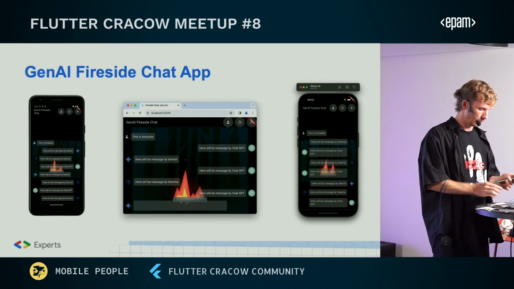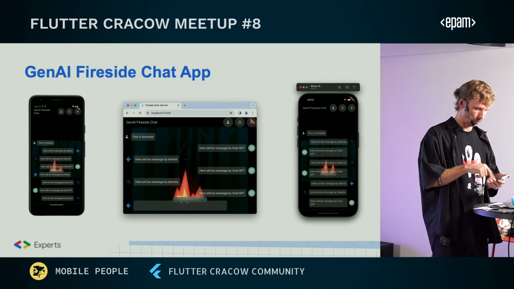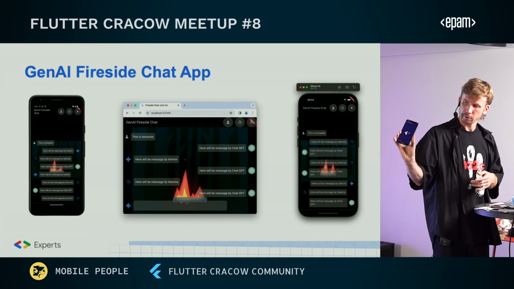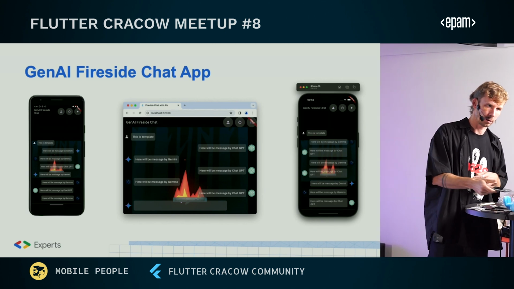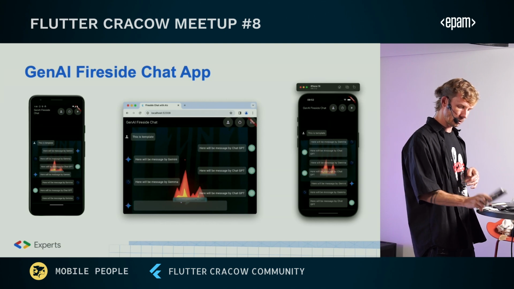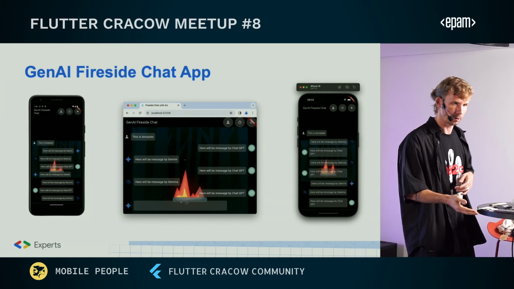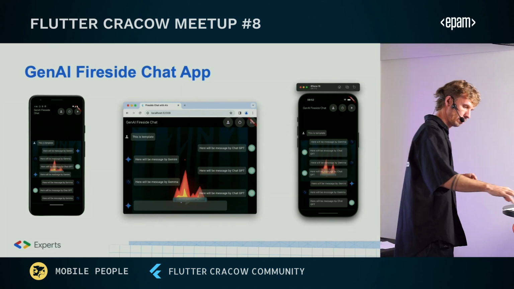Yeah, by the way, this example is already installed. If you wish, you can play with it after my talk. I can start this small application. You can try to ask Gemma something and check what it will answer to you. Maybe with the iPhone it doesn't work this way because it's a debug version. A debug version on iPhone doesn't work without connection to Xcode.